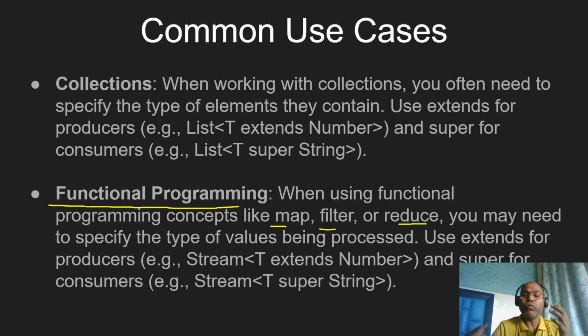And after Java 8, you'll notice we use functional programming concepts like filter, map, reduce, collect, toMap, toSet. These are places where you specify generic types. Here also in functional programming, if there is any confusion about where to use extends or super, let's apply this principle: producer extends, consumer super. Simple. This simple principle makes your generic code simpler and more familiar. Now you feel more comfortable reading generic code if you keep this principle in mind.